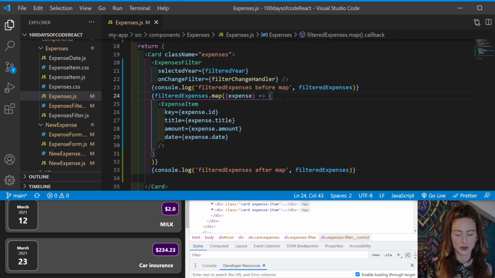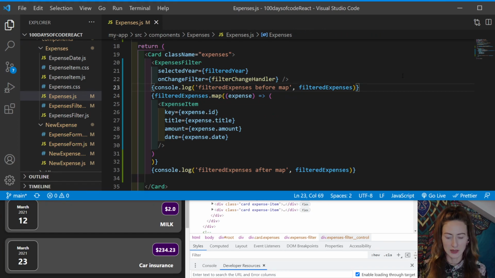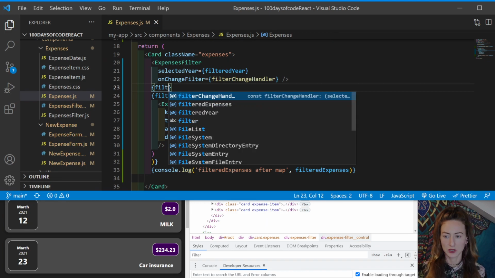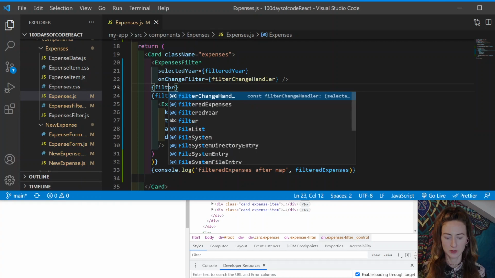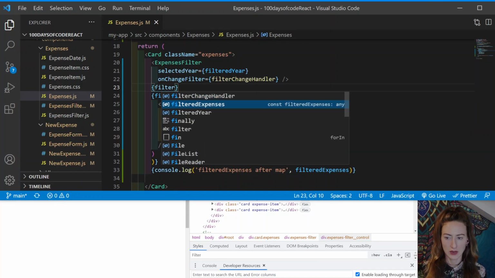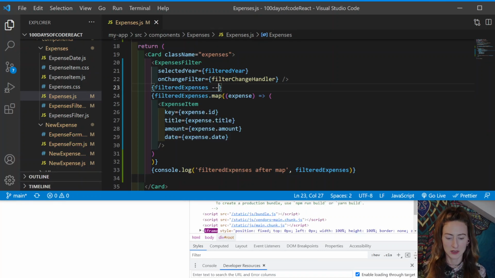And if there's no item, then we want to just say that. So rather than this console log, I'll remove this and we'll use this for something else now. So we'll check if our filtered expenses list is empty. So if there's nothing in here,